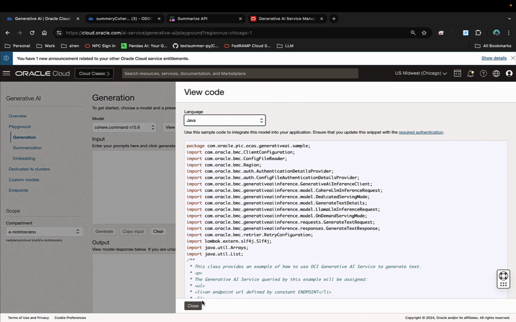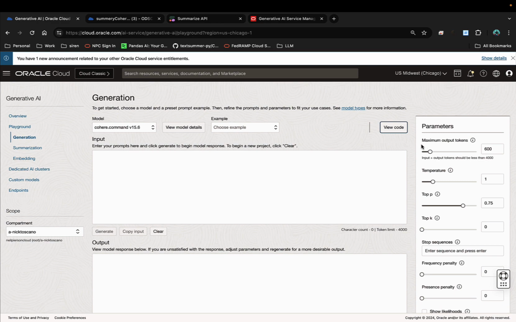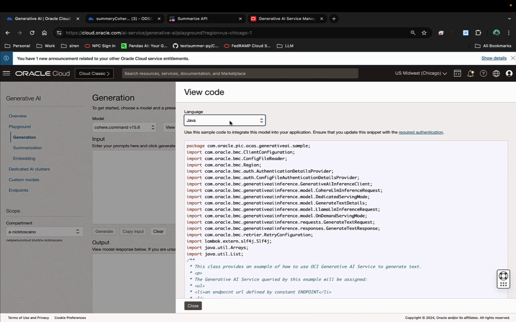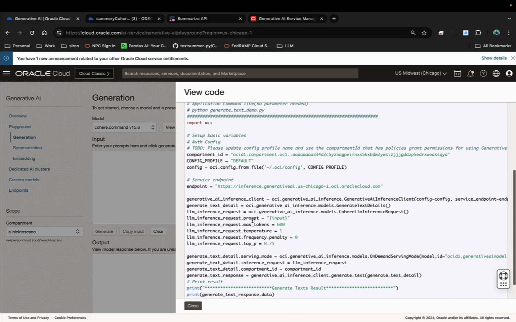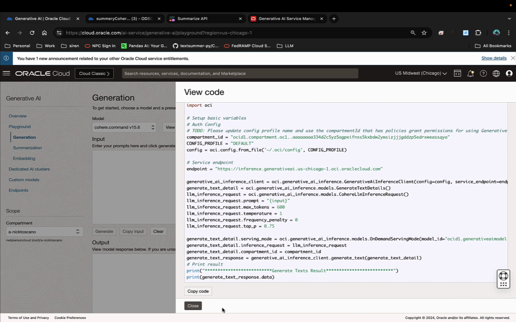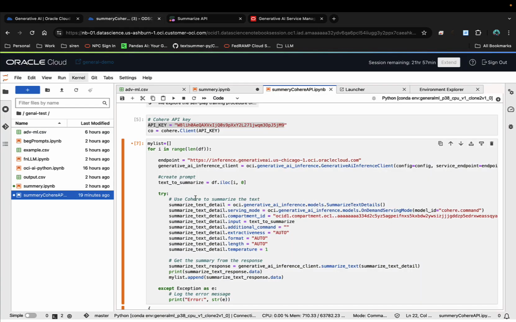Oracle provides the code snippet you saw in my notebook within the GenAI service. Go to the service page, select View Code, click the drop down, and choose Python. You can copy this code into your notebook and use it as is. You just need to change out